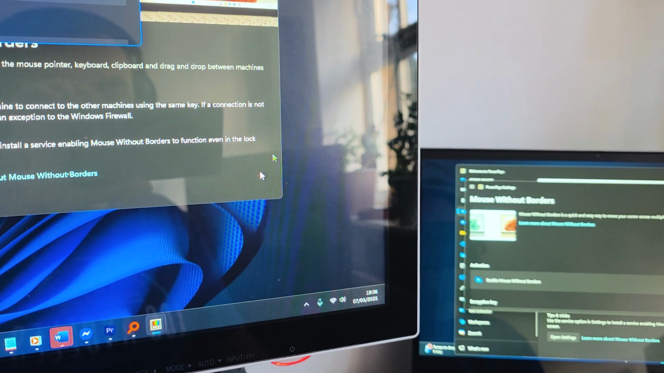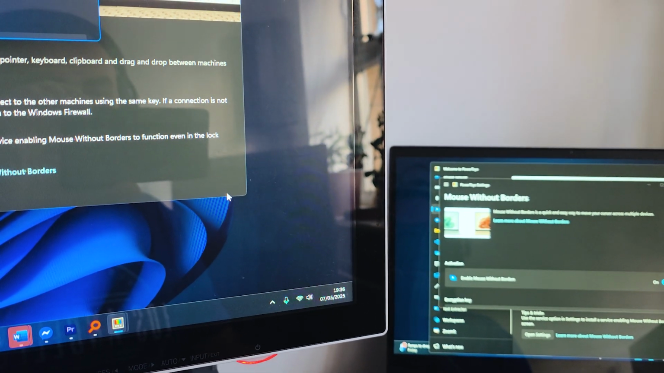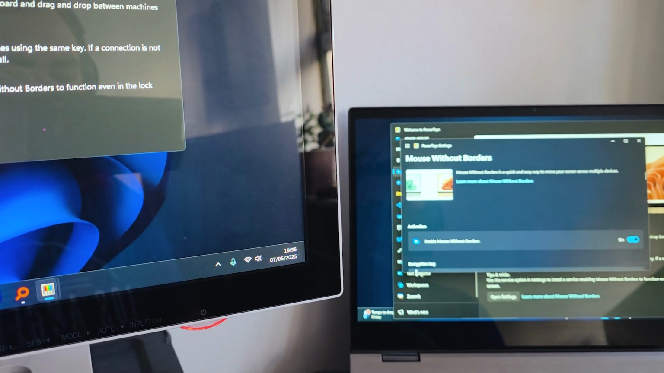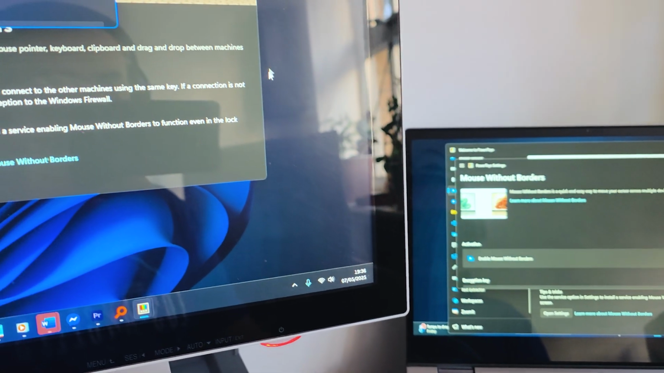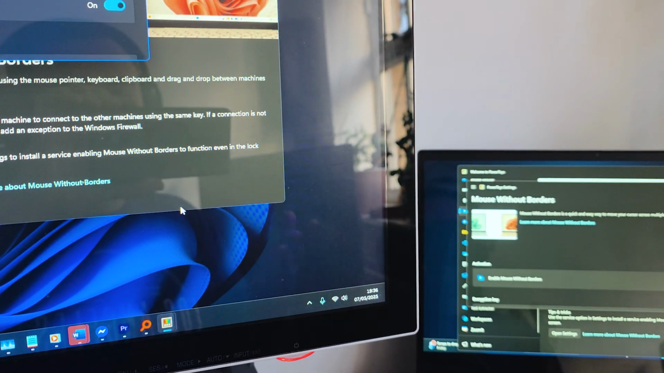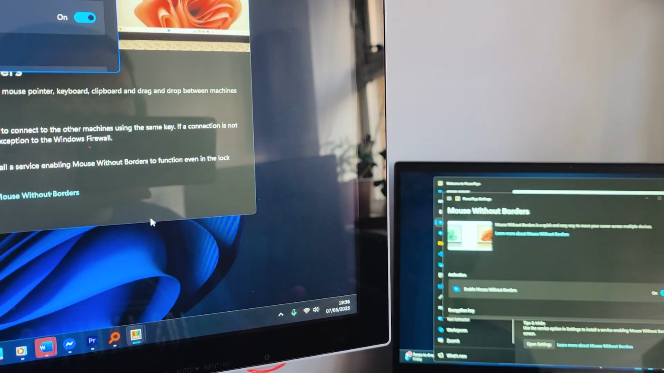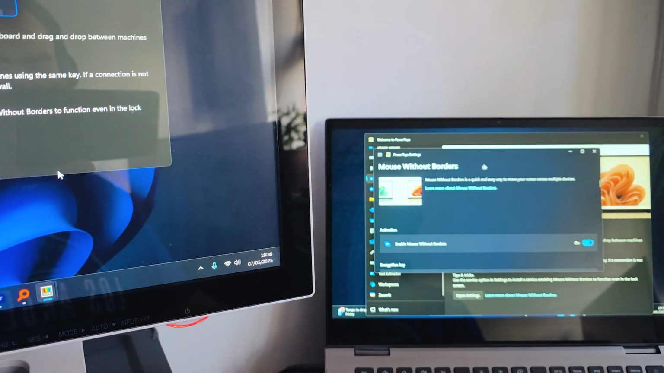It's actually quite good, to be fair. I mean, the way I've got my laptop positioned isn't the best. It'd be better if it was more in line, but you kind of get the idea. Works very well indeed. And saves having to have two different types of mice. Funny enough, I can use the mouse on my laptop as well,